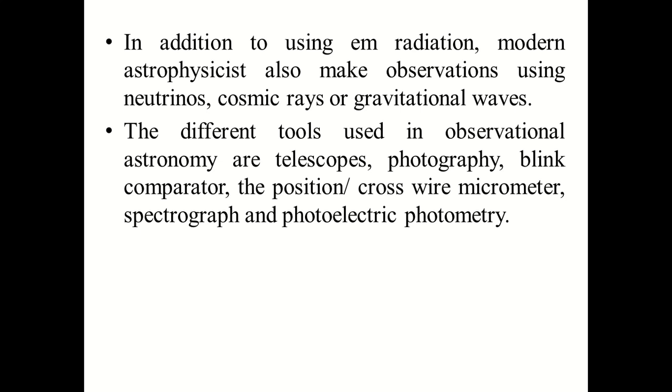Telescopes come in different types. Photography and astrophotography is one of the interesting amateur techniques. Nowadays amateur astronomers are using astrophotography. The blink comparator, the position or crosswire micrometers, the spectrograph, and photoelectric photometry are the different tools used in